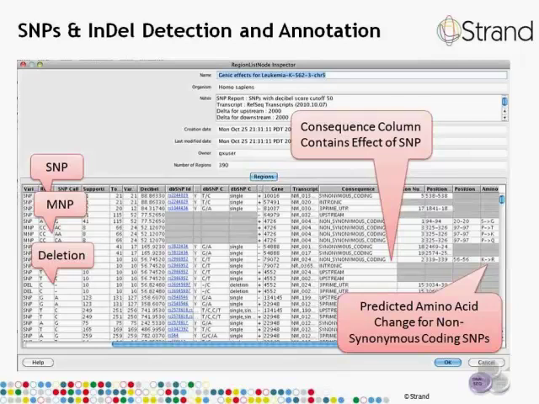The next highlighted row shows an area where there is more than one consecutive position which is different from the reference, and this is known as an MNP, or multiple nucleotide polymorphism. The MNP here seems to be a novel discovery, as concluded in this particular column. Small insertions and deletions can be detected using Avadis NGS, and this will also be